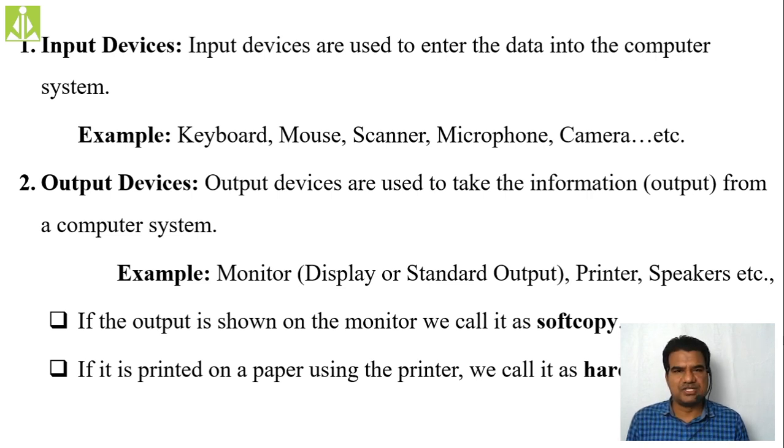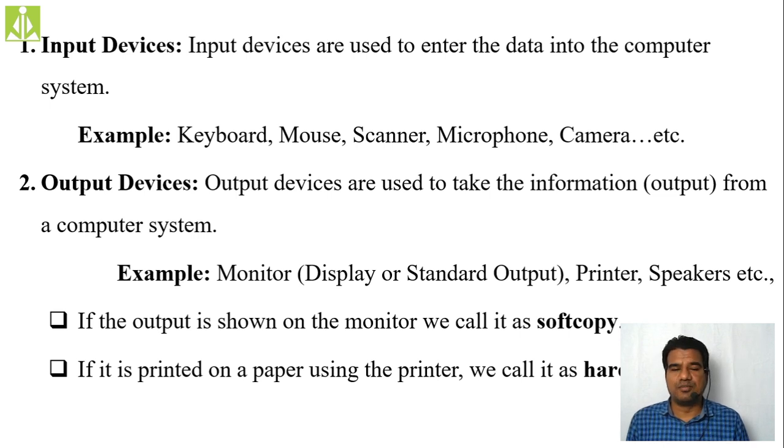Next is the printer. Using a printer you can print documents, which will show the output on paper. Then we have speakers. Speakers will play the audio output for us. If the computer wants to give some output in the form of audio, from where will we get it? From the speakers only. So the speaker is the output device which will give the audio output to the end user.